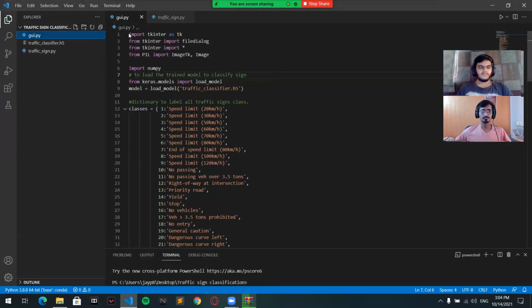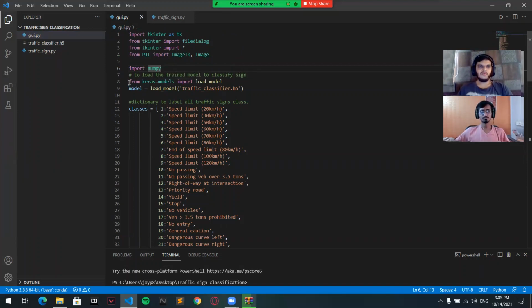Hi. My task was to make a GUI for this particular application that we have made. For the graphical user interface, we have used the GUI toolkit which is included in Python, known as Tkinter. Tkinter is a GUI toolkit that is basically a standard Python library. So we have imported the Tkinter file here, and then we have imported NumPy.